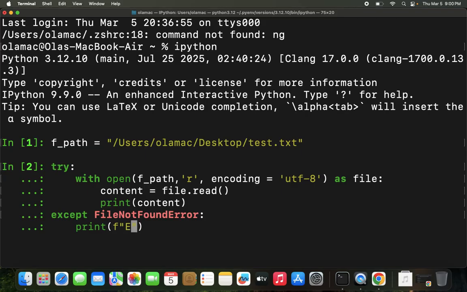error, the file, okay, so let's have our file path here, the file path was not found. Okay, so that handles that for us. Maybe we can try another exception. So we can do except Exception here,